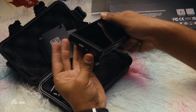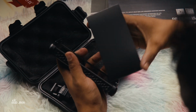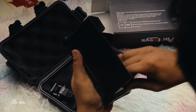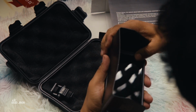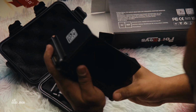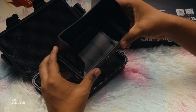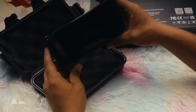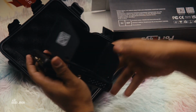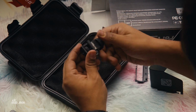Now you can mount this one. This is a little bit problematic to mount, but it does the job actually. So this is the one. Let's open this up, we'll see later on. There is this mounting point, and